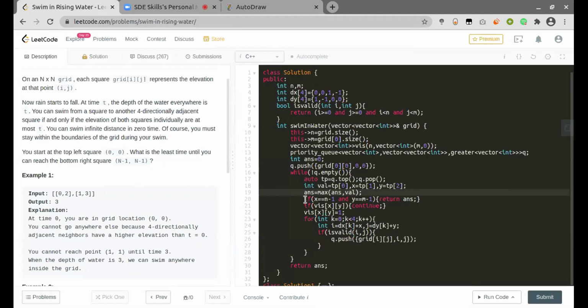Now, if at any point I see that I have come across my final or destination node, I just return my answer. Or even if I have already visited that node, I will just continue in my BFS. Otherwise, I will mark it as visited, and then I will move across all its neighboring nodes, which are